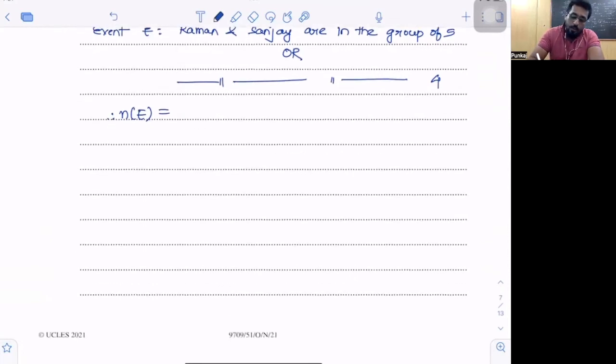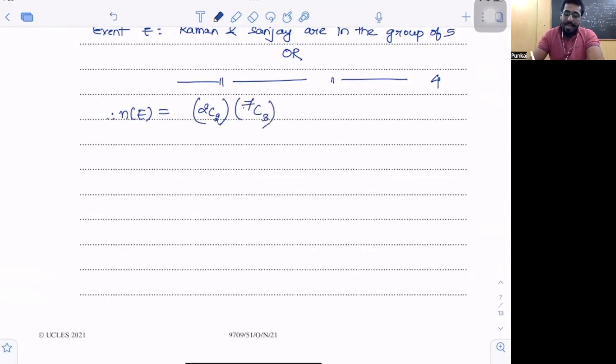2C2, I'm selecting a group of 5. So 3 members are left now. Think carefully. Out of 9 members, Raman and Sanjay are called out and already put in the group of 5, so 7 are left. Now 3 places are still left in the group of 5. I want to select 3 places, not arrange, out of the remaining 7 people. So Raman and Sanjay in the group of 5: 2C2 into 7C3,